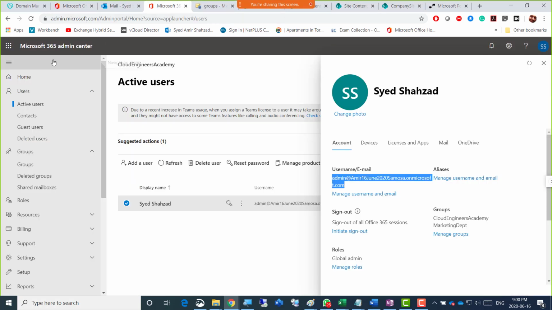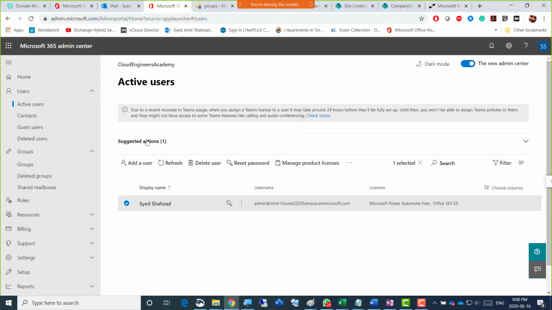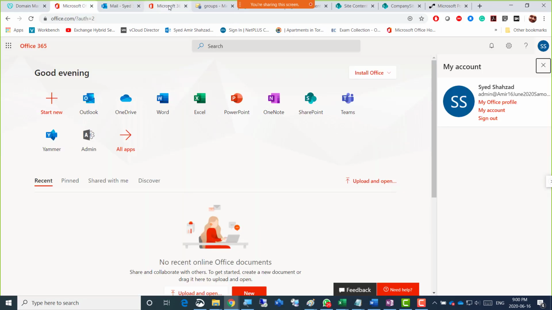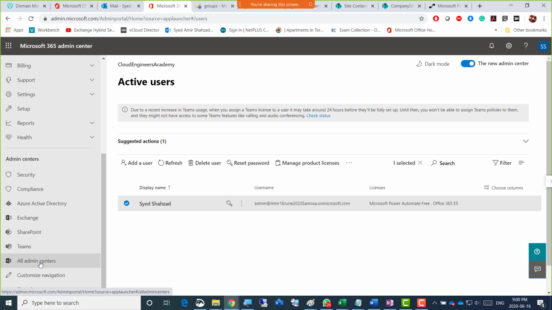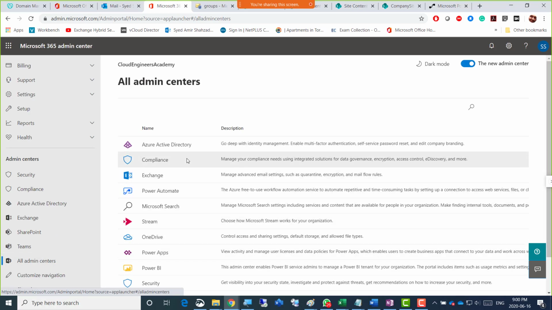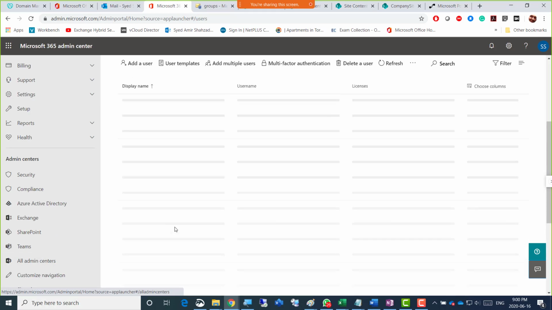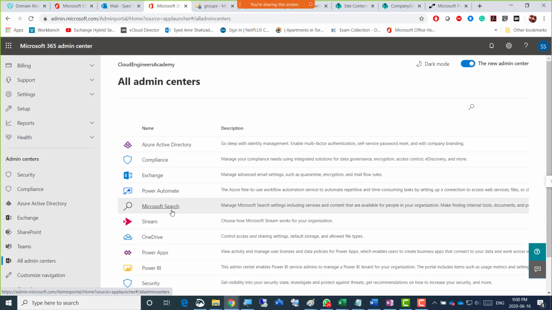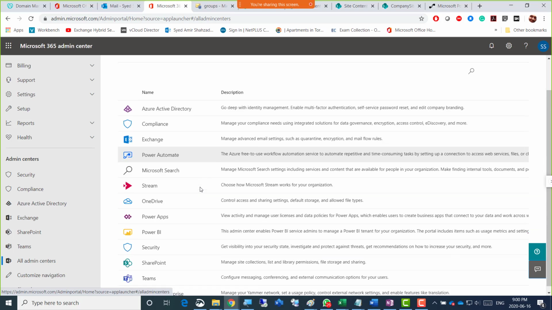Admin Center here, Microsoft 365 Admin Center, and if you go down to all admin centers here, so normally I want to go to actually all apps, right, which would be here, all apps. But since I was there in admin center, I'm going to click that admin center, and see if the forms show here, because normally it shows all the admin centers that are there, right?